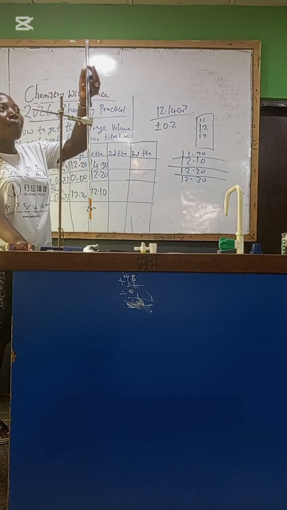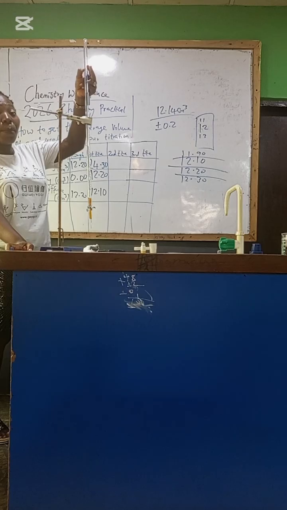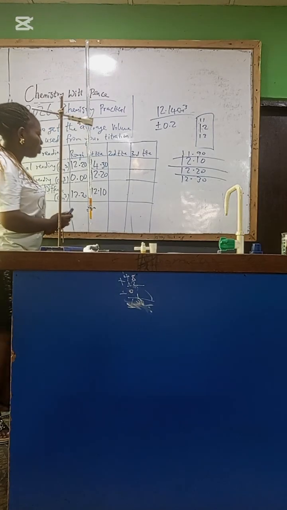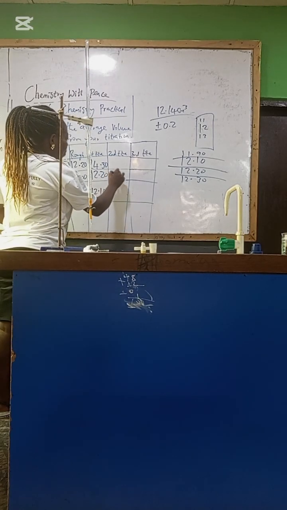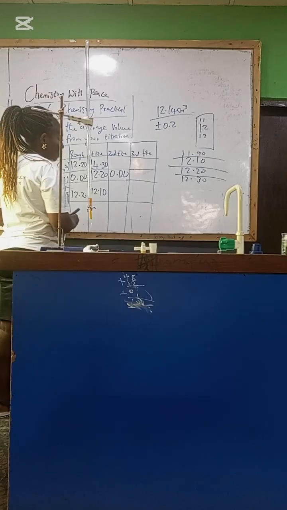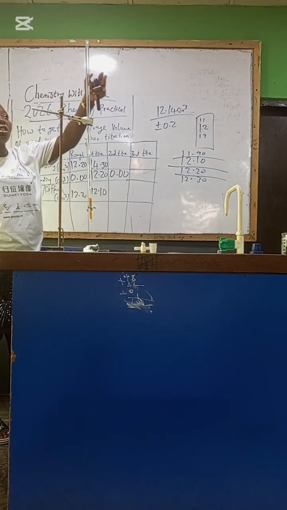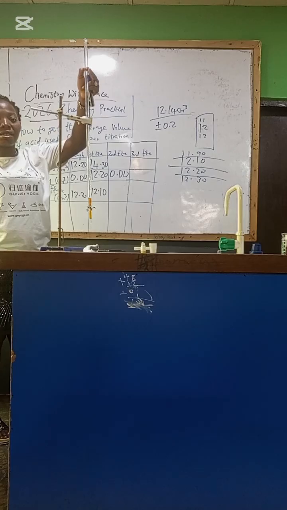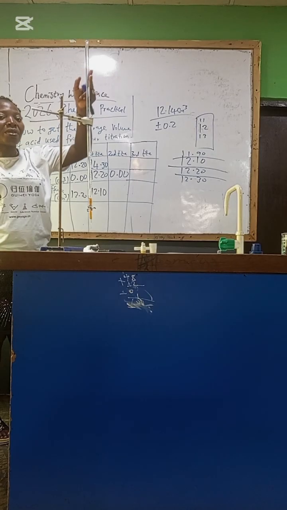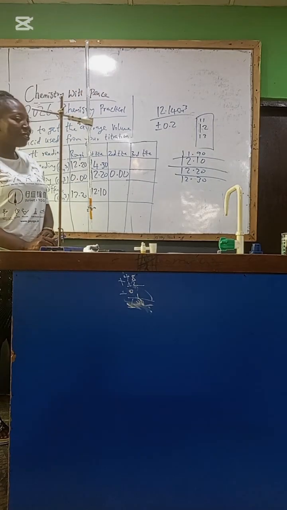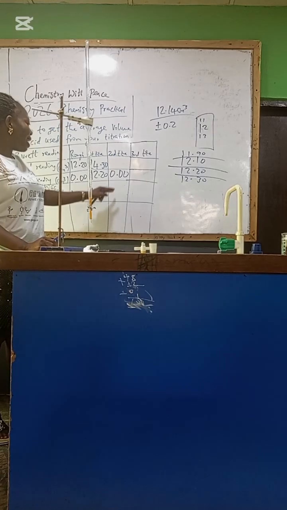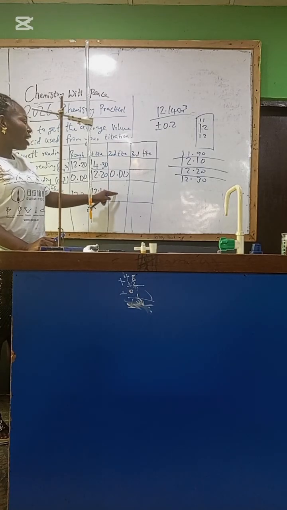So as I'm filling it up, my initial will be 0.00. At 0.00, because I filled it up again. Then I decided to titrate again. As I'm titrating, the color change at